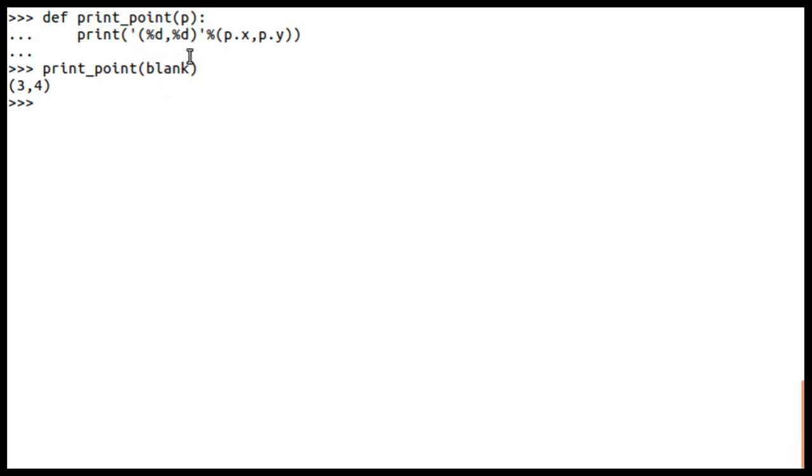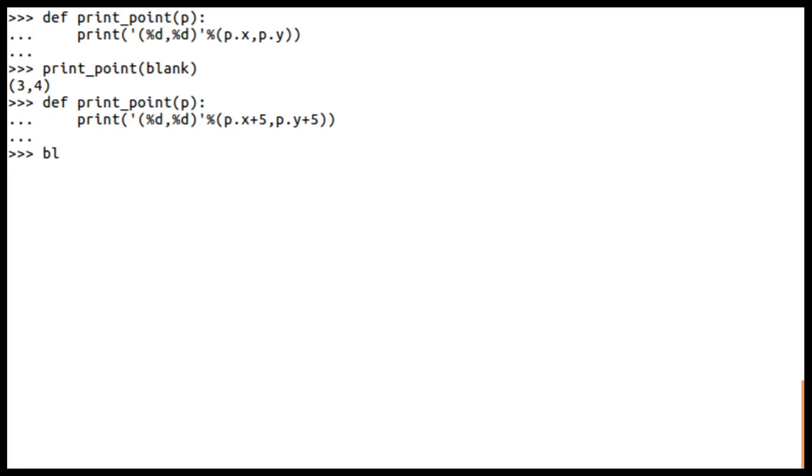Which means if I change something here, that will be reflected here. For example, if I write the same thing, and while printing, let me print it by changing the value: p.x plus 5 comma p.y plus 5, right?